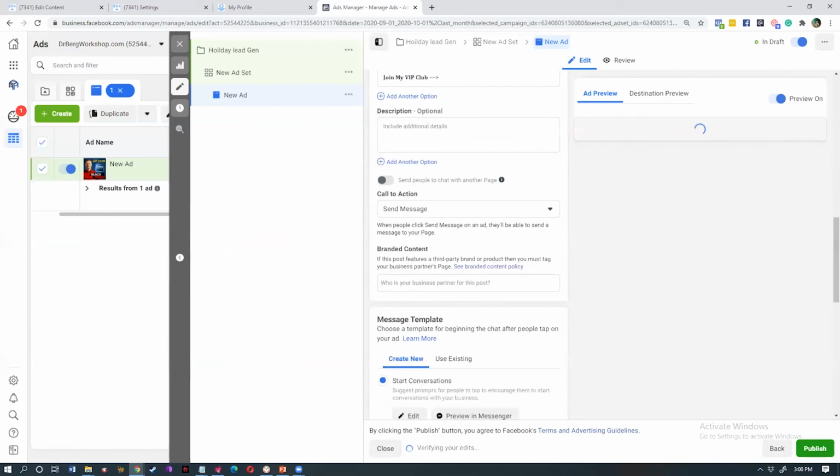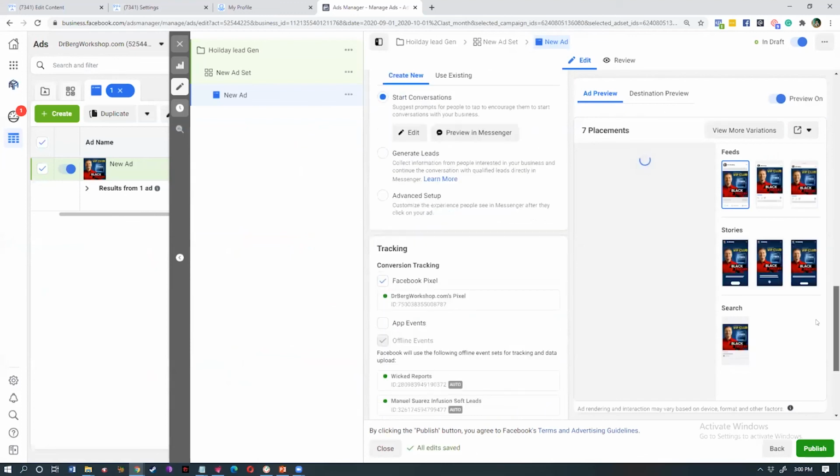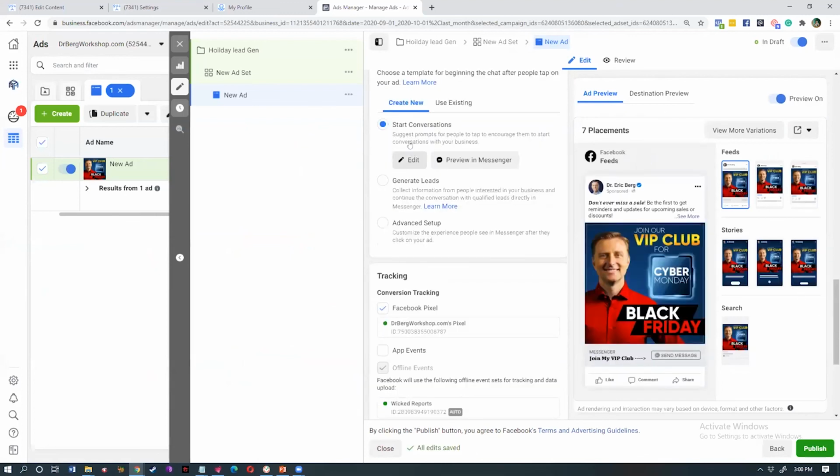Call to action is send message. You can use learn more as well. Both work really well with messages campaign. And the last and final step is your messages setup. Now for keyword, select start conversation,